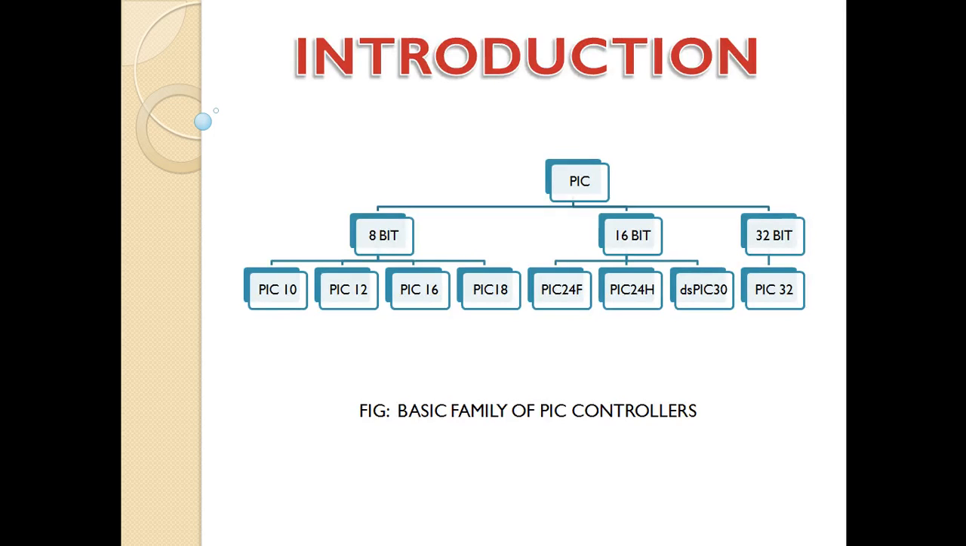So the very first part is introduction, where we see the basic family of PIC controllers. As shown, PIC is divided into three subcategories, that is 8-bit, 16-bit and 32-bit. These categories represent the generalized processing capabilities of the controllers. 8-bit represents the controllers that can process 8 bits at a time. Likewise, 16-bit represents the controllers which can process 16 bits at a time, and 32-bit category can process 32 bits